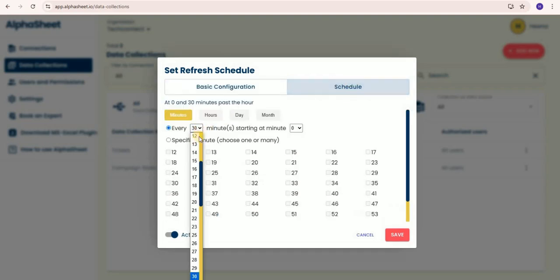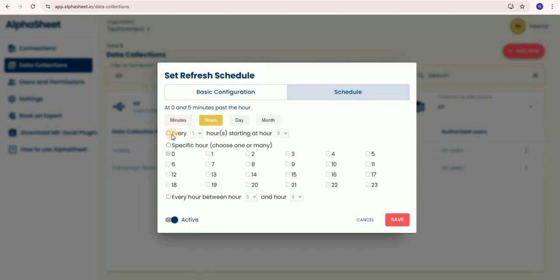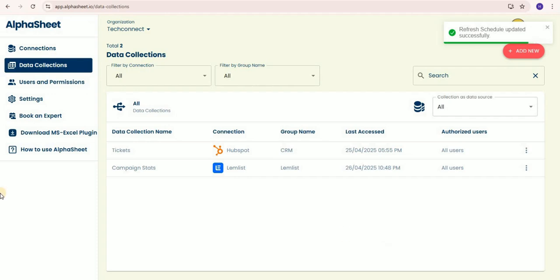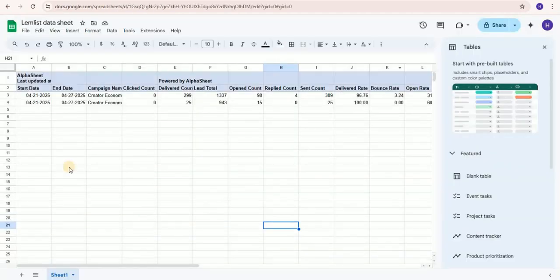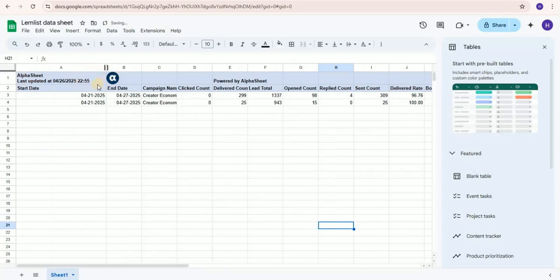Now, configure the schedule and specify the time for your data update. Simply click on Save and the schedule will be activated. That's it. The data will be updated automatically at the scheduled intervals in accordance with the selected syncing method without